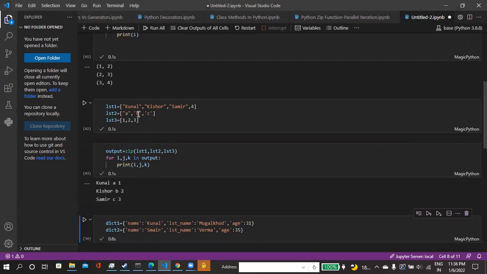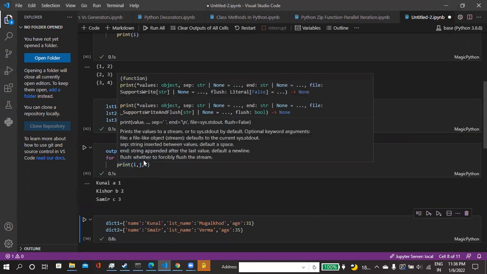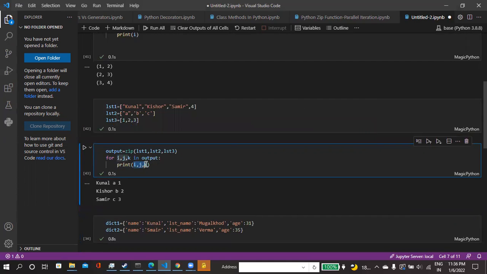Here you can see, if you don't print like i, j, k, we have just separated the elements. If you just print i, you can see it is a tuple. So the first tuple is Kunal, A and 1.